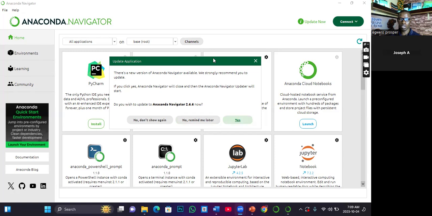All right. So as you can see, this is how it will open.